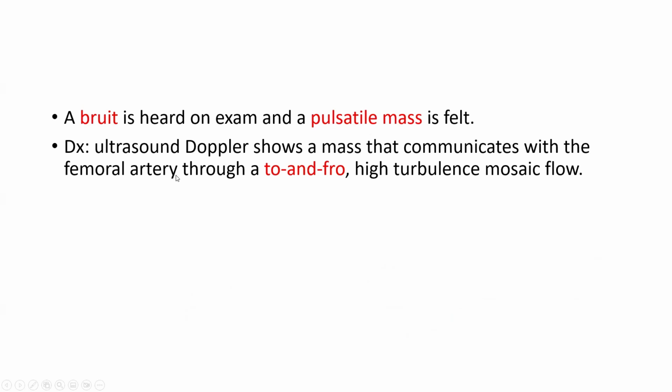Now, how do you distinguish a pseudoaneurysm from a hematoma? On exam, two features: a bruit and a pulsatile mass. And by ultrasound, Doppler. This is how you make a diagnosis, by Doppler. It will show a mass that communicates with the femoral artery through a to and fro, high turbulence, mosaic Doppler